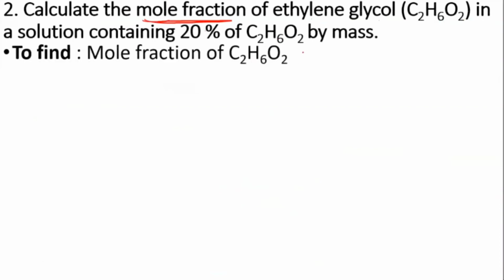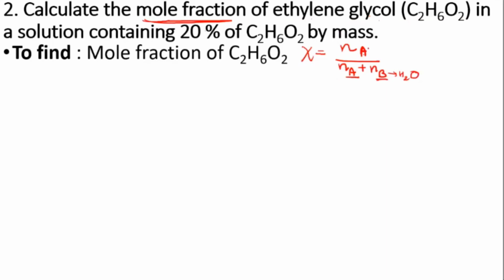And you know how you calculate mole fraction? Mole fraction you calculate by taking the number of moles of that component. Like if I take ethylene glycol as A, just I'm writing as A, number of moles of ethylene glycol divided by total number of moles of all the components, correct? So here the solution is made up of ethylene glycol and they have not told anything else. What is the next solvent present? If they have not mentioned, as I told you the other day, the other solvent is water itself. So the A component is ethylene glycol and the B component is water here.